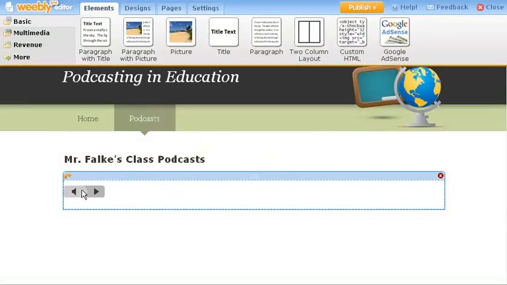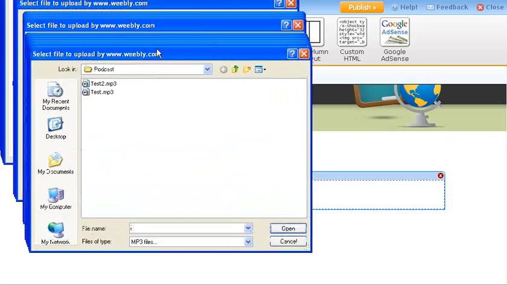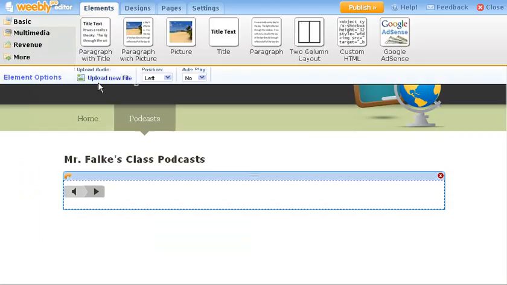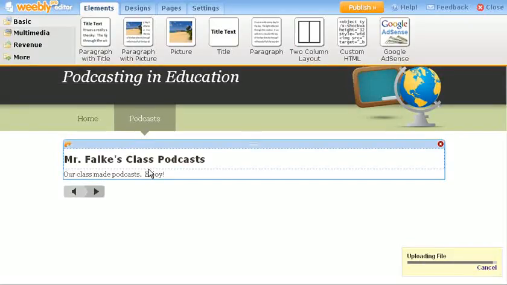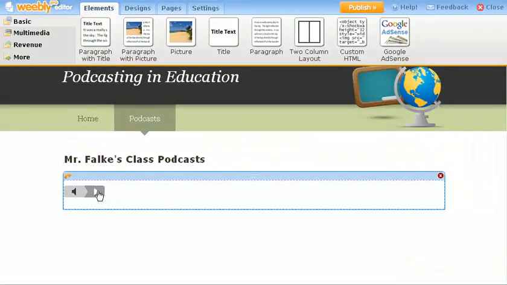Now I will click on this gray area, and I want to upload a new file. And we made one called test2.mp3. I'll double click on that. It's uploading the file. And now if I click on the play button,